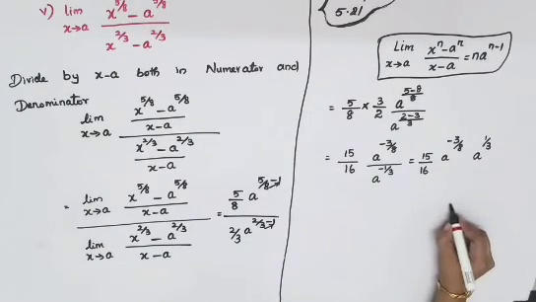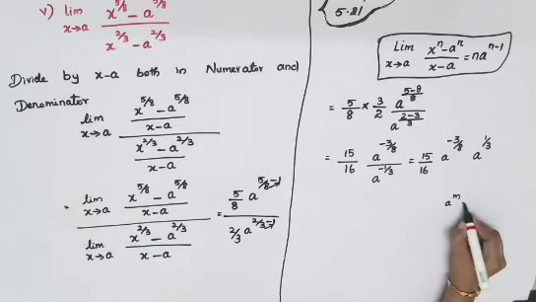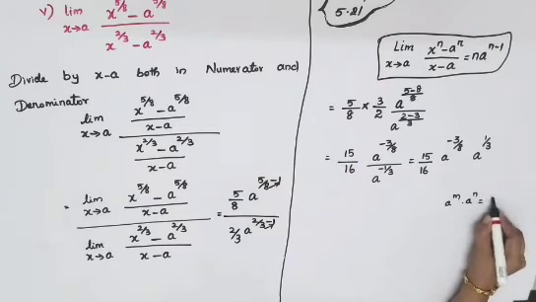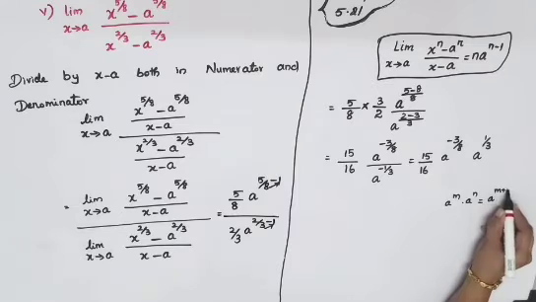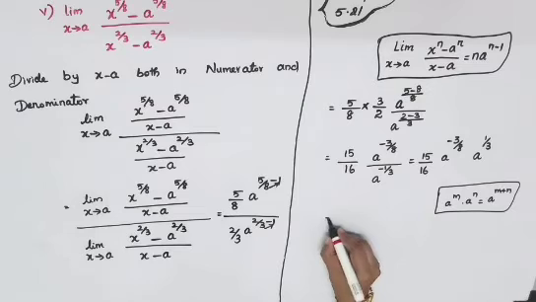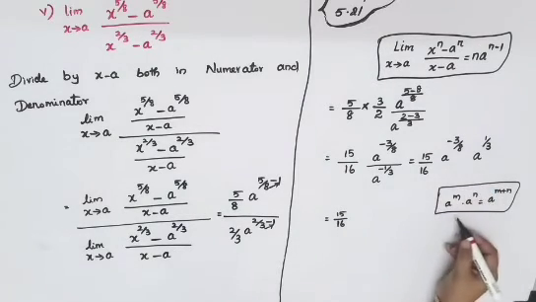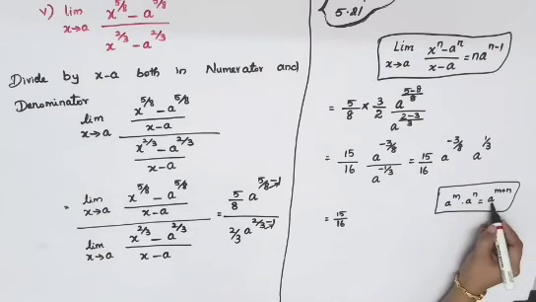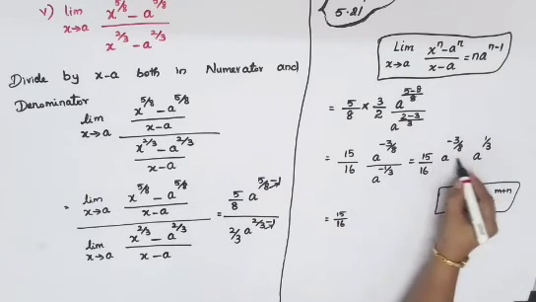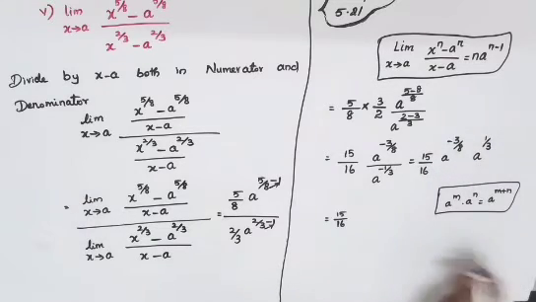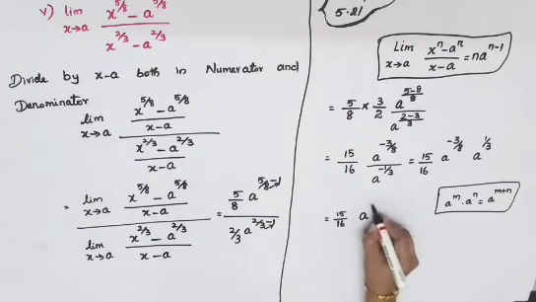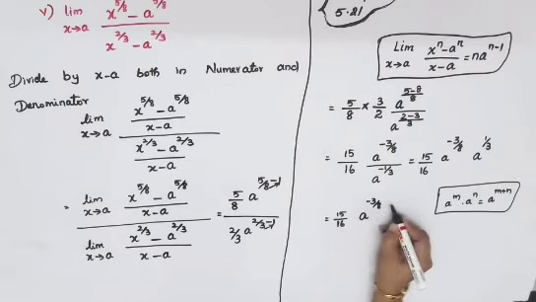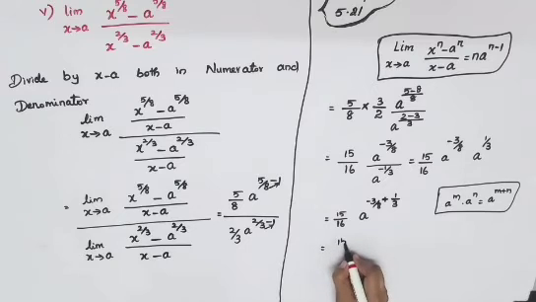Now you all have studied this formula, a power m into a power n is equal to a power m plus n. You can write it. So you can use this formula now. So your answer will be 15 by 16 as it is. Now a power splitted up here with multiplication. So you can write it as a power m plus n. M is nothing but your minus 3 by 8 and n is your 1 by 3. So you'll have a power minus 3 by 8 plus 1 by 3, which is equal to 15 by 16